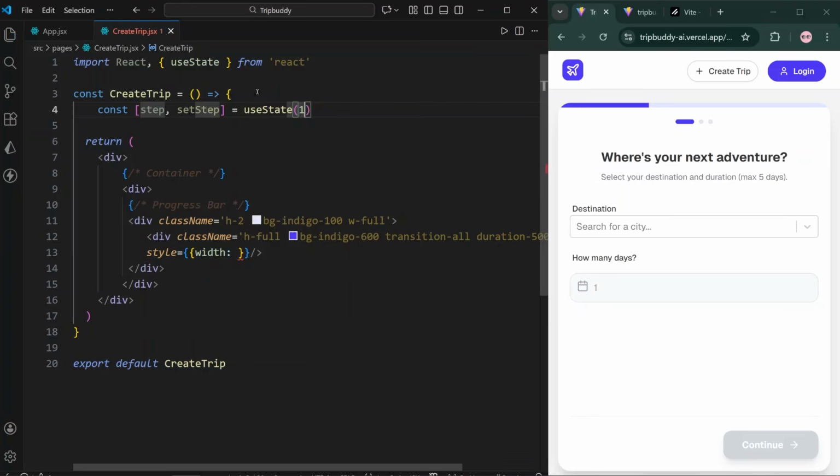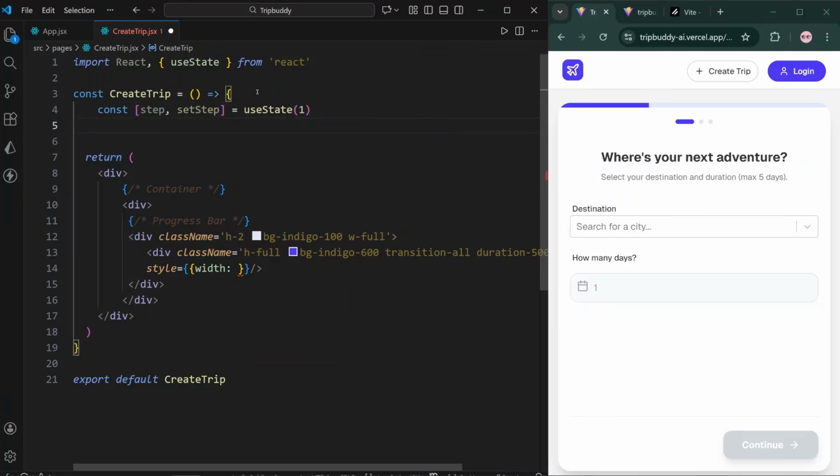Okay, we will also create some use states as well for the loading. Use state snippet loading. Loading will be false, and